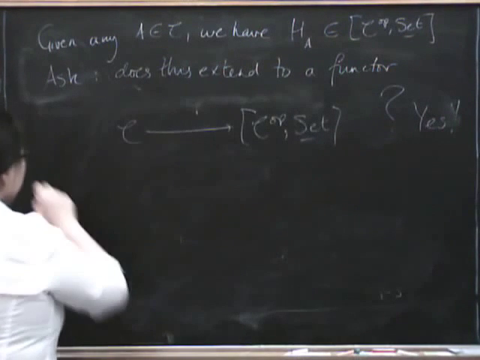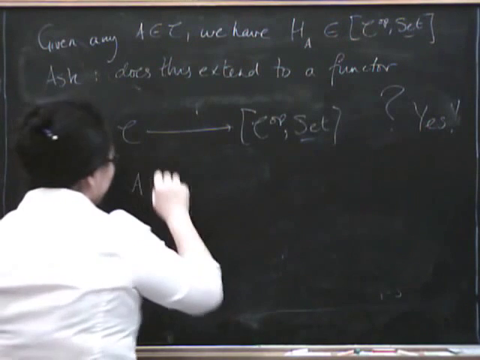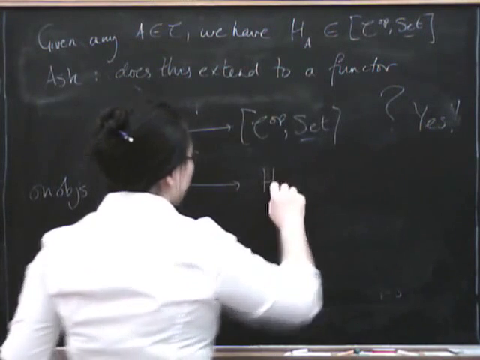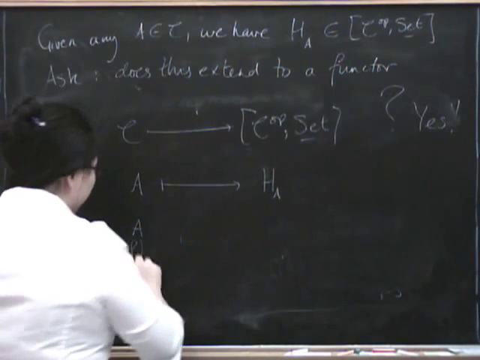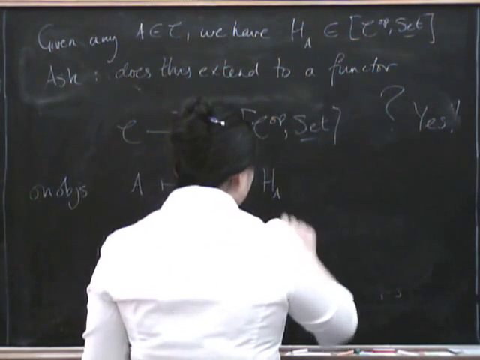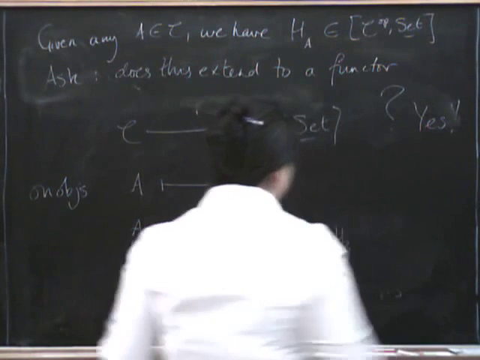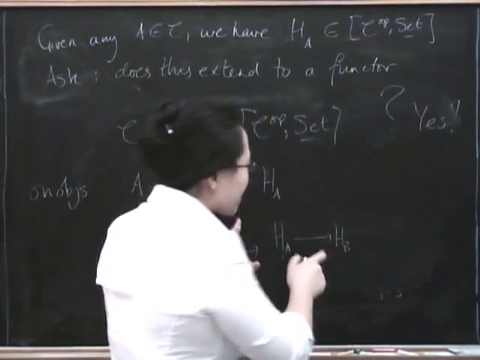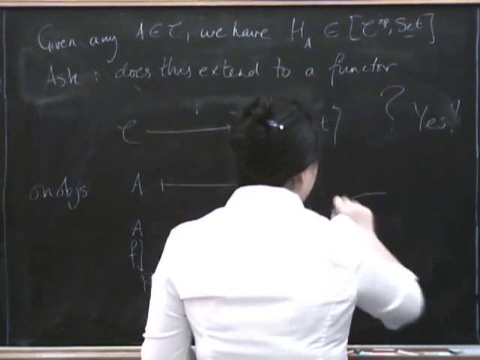So on objects, we saw it's going to send A to the functor H lower A. So what's it possibly going to do if we take a morphism f from A to B? Where can it possibly go? Well, it's got to take us to a morphism from HA to HB. But what are these? These are functors, right? So this has to be a natural transformation. This is going to be written H sub f, and it is